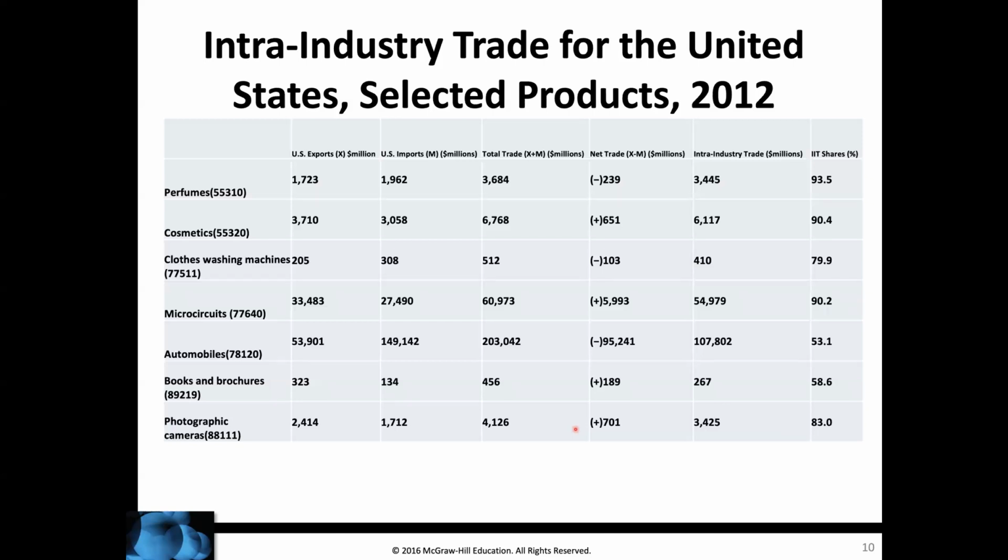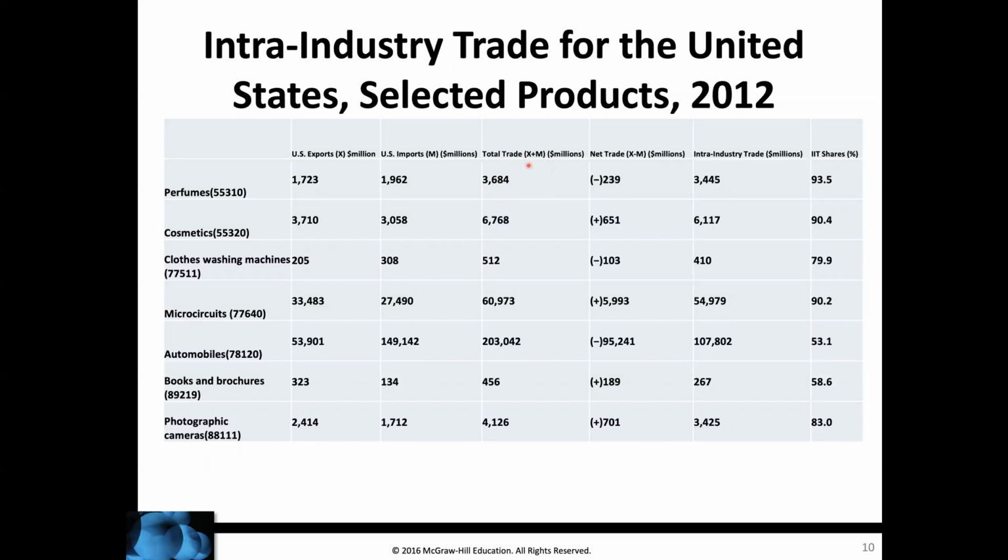Here are different products. This is the intra-industry trade for the United States, and we've got a few products from 2012. So let's just look at the first one here, perfumes. So total exports was 1,723. So that's our X. Total imports, M, is 1,962. So to get our total trade, we're going to add these two together. It gives us 3,684. You can see there's some rounding error, but that's close enough for what we're trying to